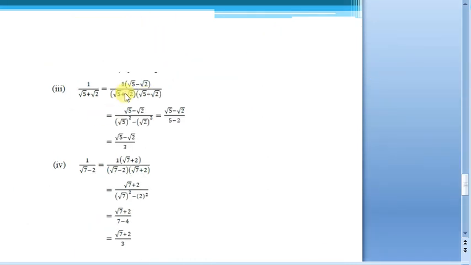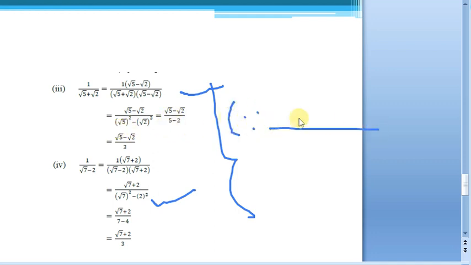Here is the solution for the last two questions, for this one and this one, you can check it. And remember, wherever you are using any identity, don't forget to mention it, like since a plus b into a minus b is equal to a square minus b square. That will make your answer effective. Otherwise, we should clearly state which identity or which part of your knowledge you are using. That is why you have to mention it sideways. With this we have finished our exercise 1.5.